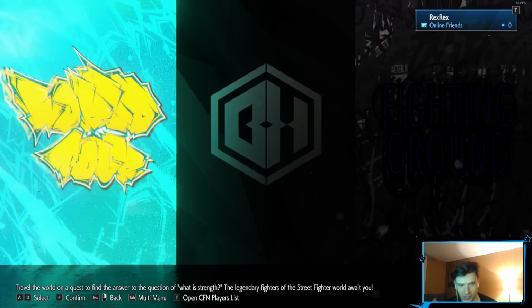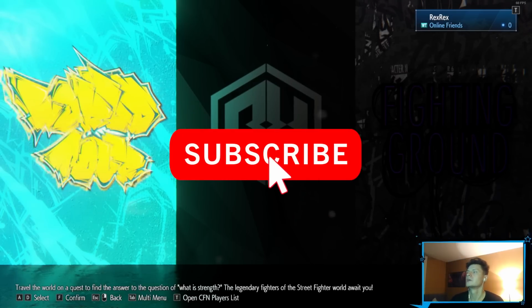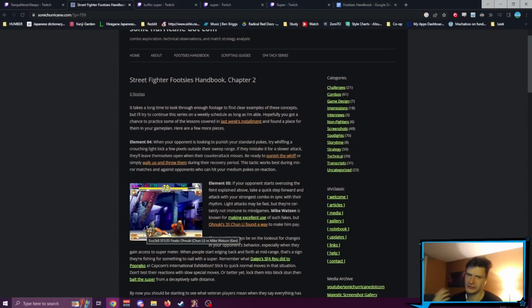We're about to win Evo, all of us somehow, that doesn't make sense. But how are we gonna do that? We're gonna follow the Footsies Handbook. One of the best resources for learning the neutral game of Street Fighter and just most 2D fighting games in